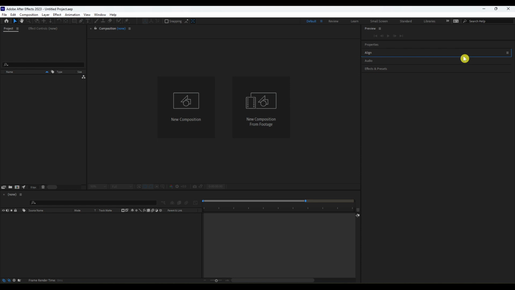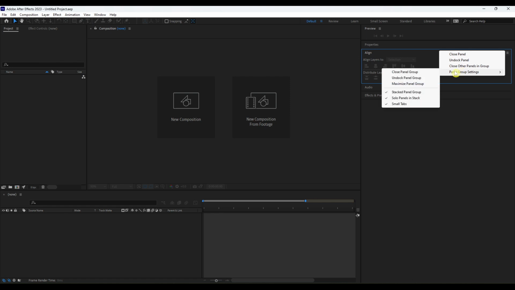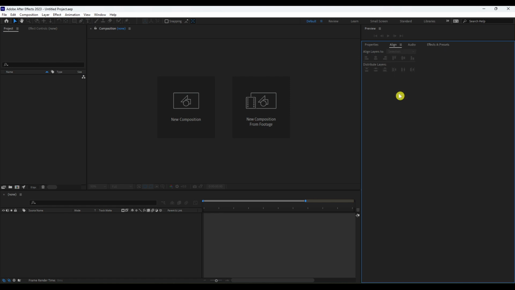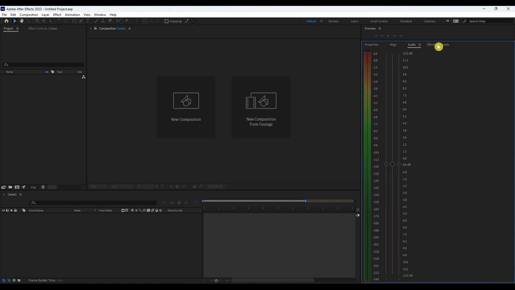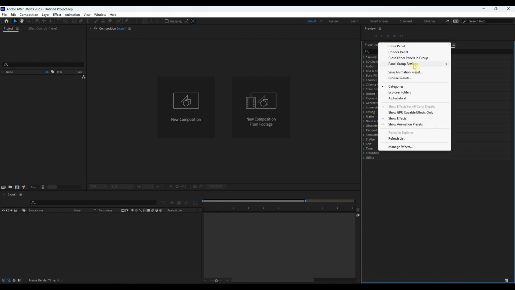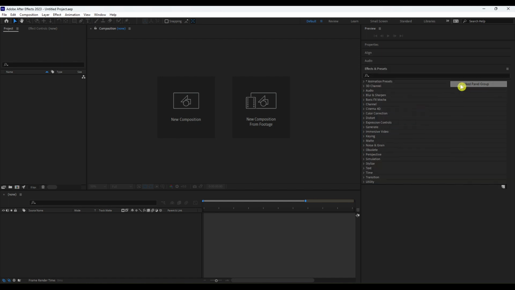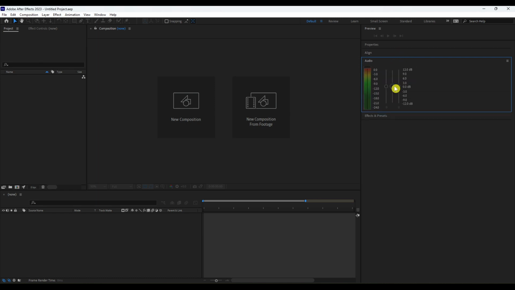There's also an option where you could change that to where they are displayed across the top. And if we go to that same 3 bars, panel group settings, and you can see it says stacked panel group. If we unselect that one, now what we get is more of a menu type view where they are spread across the top of here, and you can click on them and it will highlight each one in turn. So that's a preference of what works best for you. You can decide. I personally like the stacked view better, and I like it when they are only opened one